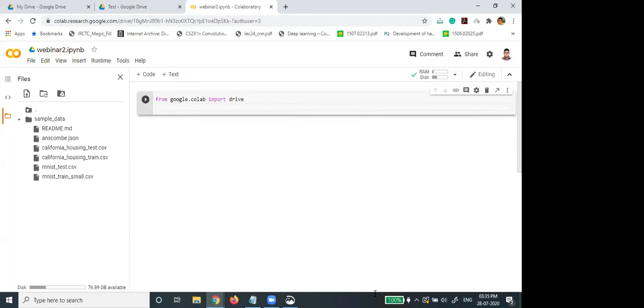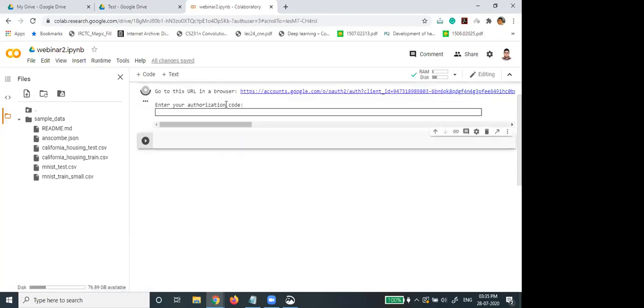Yes. Here one command is drive.mount, with /content/gdrive, and I want to forcefully mount it with force remount. The first time you don't need force remount, but from the second time sometimes it is required.